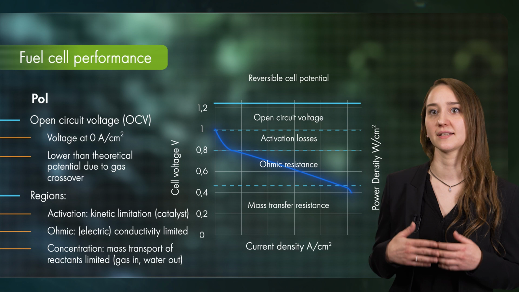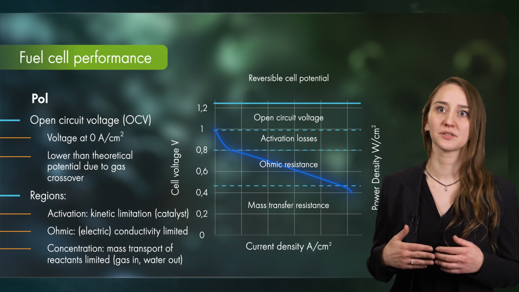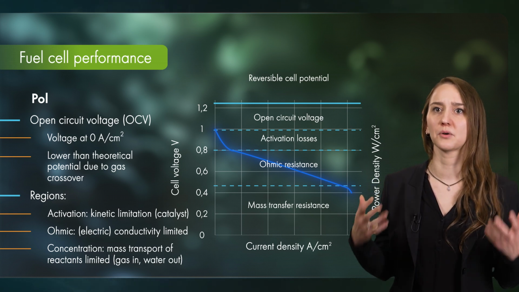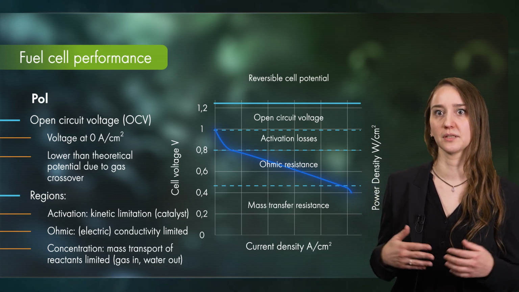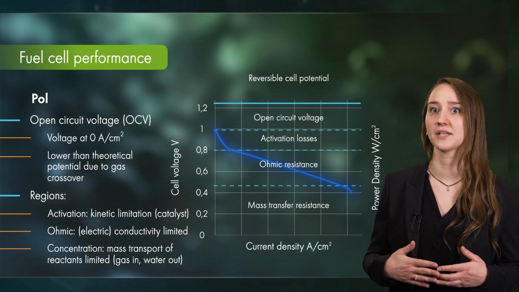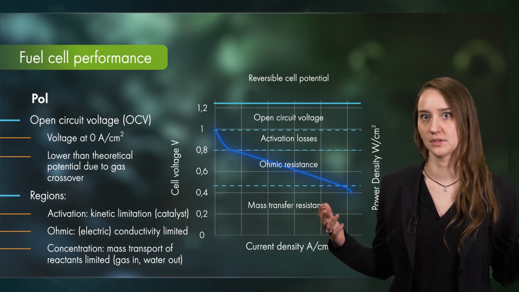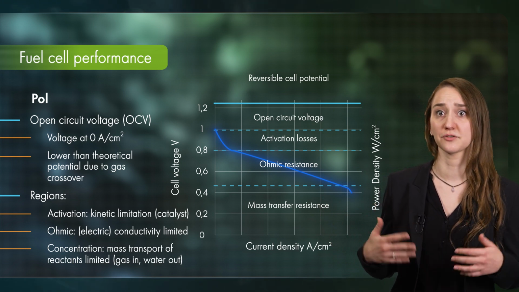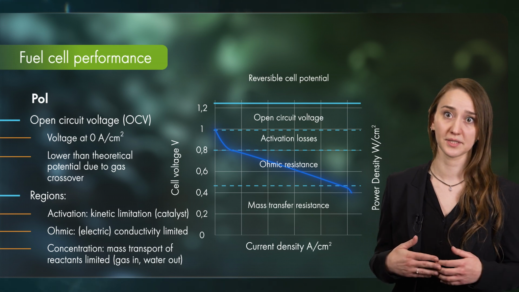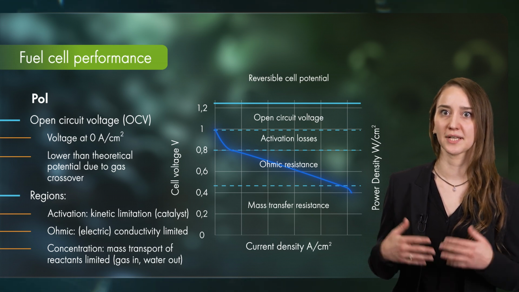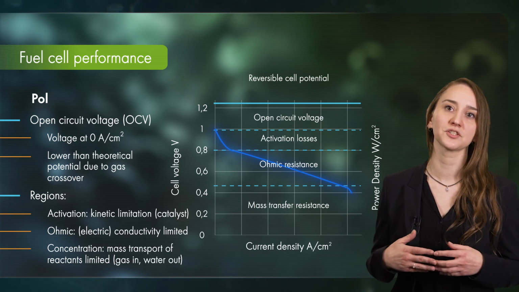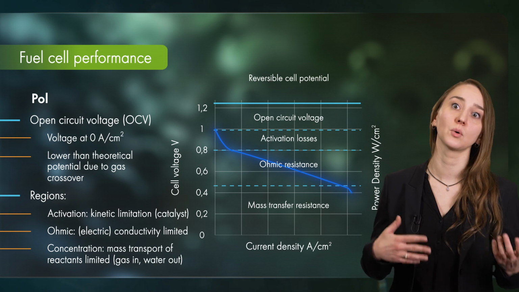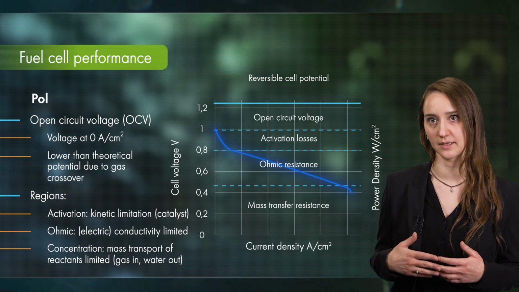As you can see at the very right-hand side of the curve, the linear region is followed by a sharp decline at high current densities. This region is dominated by mass transfer limitation. Simply put, we consume our reactant too fast for them to be transported to the reactive zone, and thus we reach a more or less natural limit. However, we are also able to impact this region by the choice of materials that go into the fuel cell. More dense gas diffusion and catalyst layers can impact this region negatively and lead to the distinct sharp voltage decline already at lower current densities, which is of course undesirable.